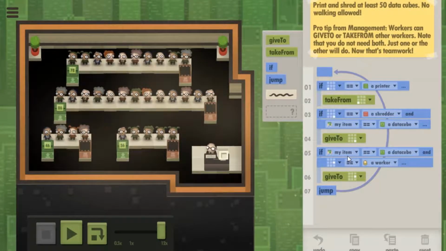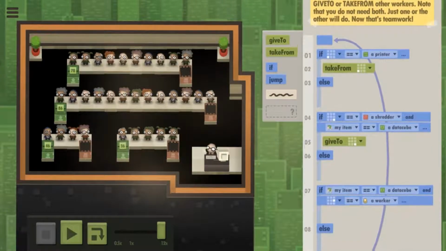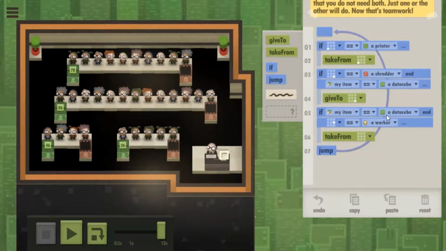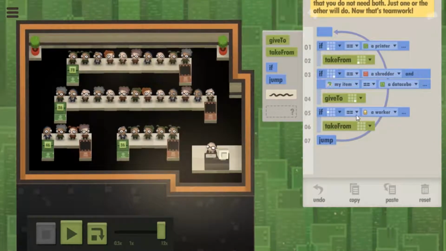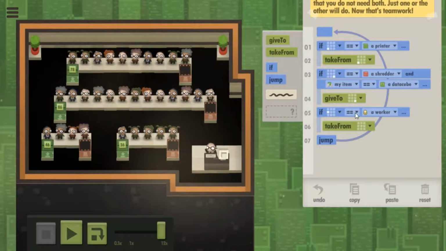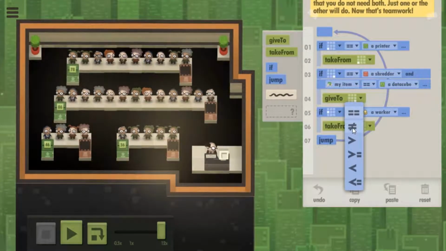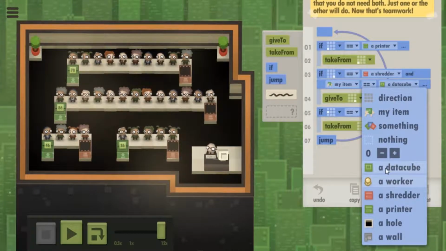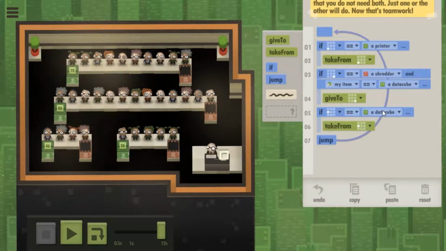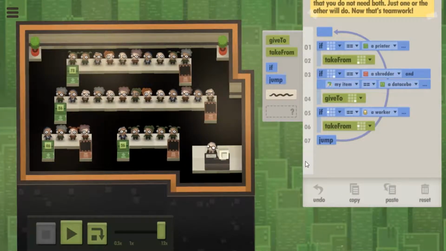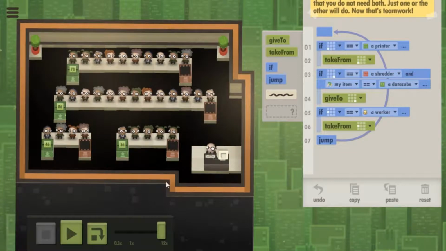Well, remember that the give to version of that was slower for some reason. So that's what I'm going to fix here. It's so weird, why was that? It should be the same. If to the left there is... if the left is a data cube? Is that what it was? I think we had to say if left is a worker, which might cause problems with our shredder positioning. This might need to be in an else or something, and then there's no way it's going to be faster. Or is it?